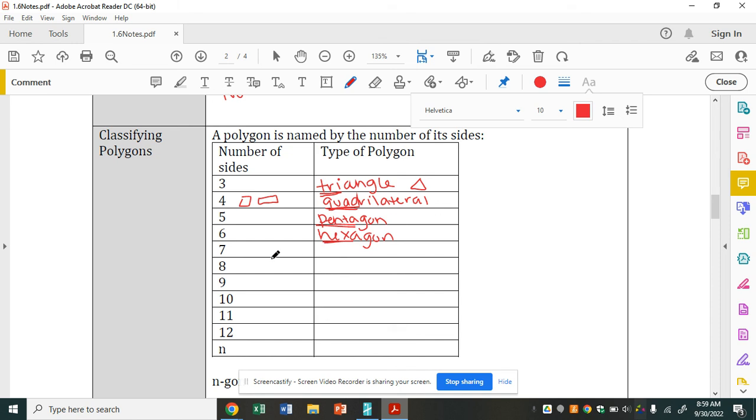If we have heard of it, that's pretty good, but we probably haven't heard of a 7-sided figure. A 7-sided